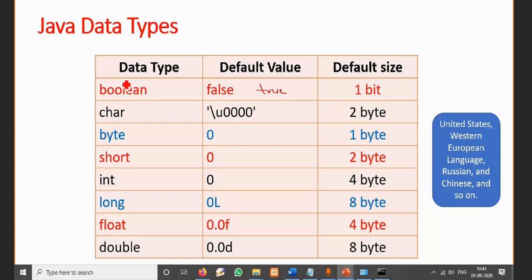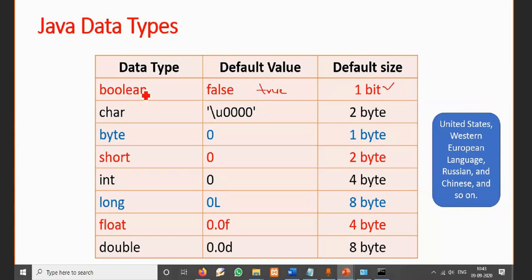Now this boolean data is 1 bit in size, but it will allocate 1 byte of memory location. This concept was not there in C++. If I wanted to define any 1-bit flags, we had to use either a character type, a byte, or an integer. We did not have any other type.